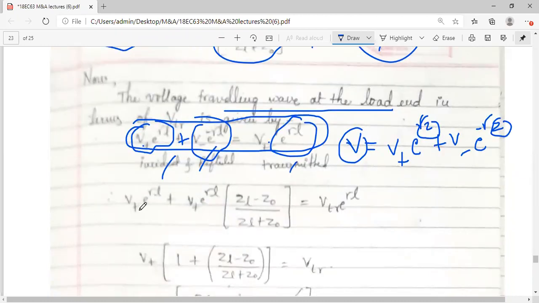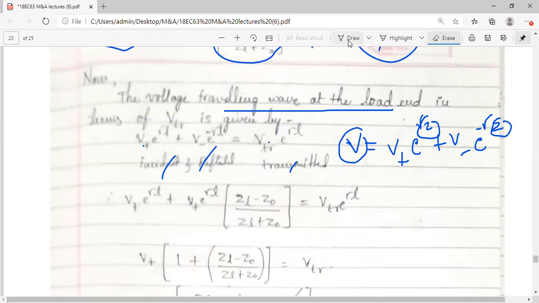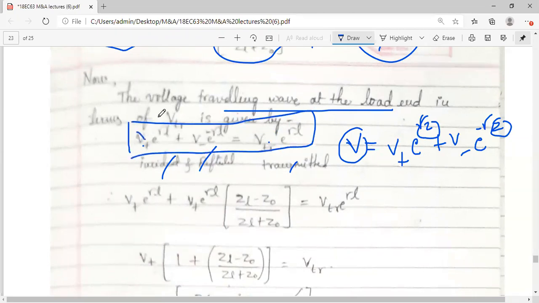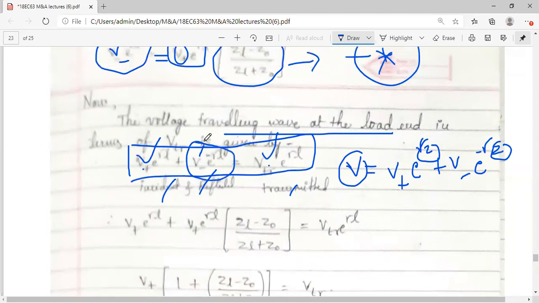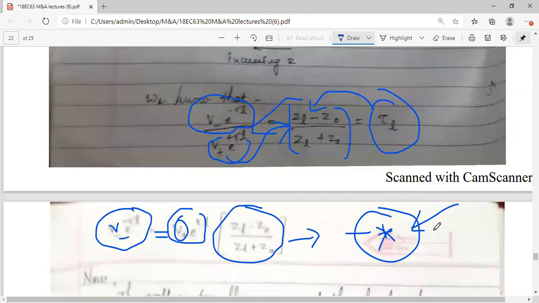Okay, now here some readjustments are there. If you observe this above equation, which I have put in this box, you have coefficient V plus, and V minus. So there is a V minus here. We can replace this V minus by V plus by making use of this star equation, because in the star equation V minus was expressed in terms of V plus. So let us replace this. Now we are going to use the star